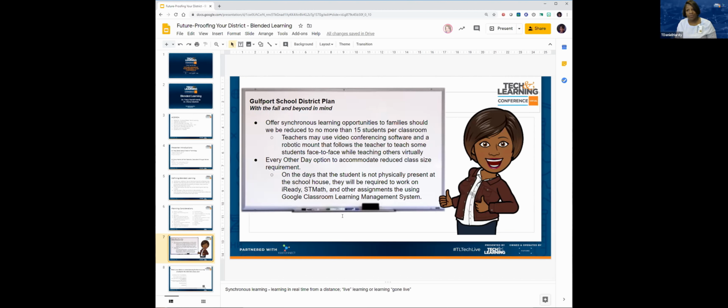Another option that we have as a backup plan, and this is the one that the teachers on our committee really like, is to offer an every other day option. So half of the kids are there on Monday. Those that are not there on Monday in person are working on iReady, ST Math, other assignments through their Google Classroom, and then they